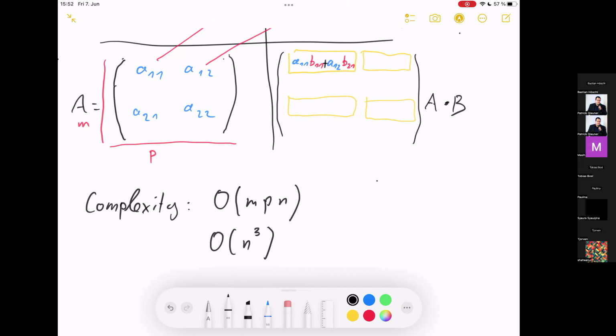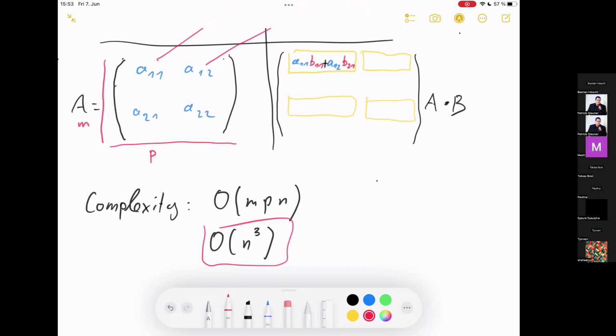So one student says, skip the rows or columns with only zeros. Maybe that could be a minor hack in some cases, but it doesn't necessarily improve the complexity. And we want something that actually improves the complexity. And in order to do this,